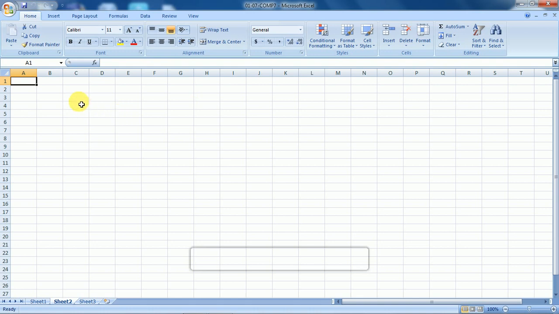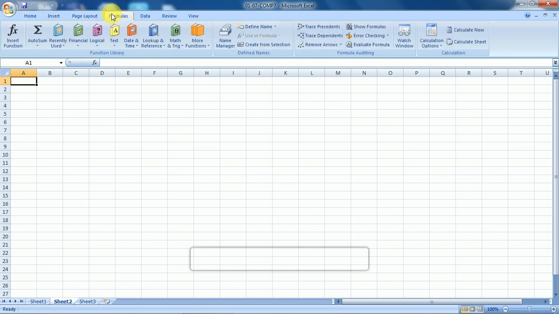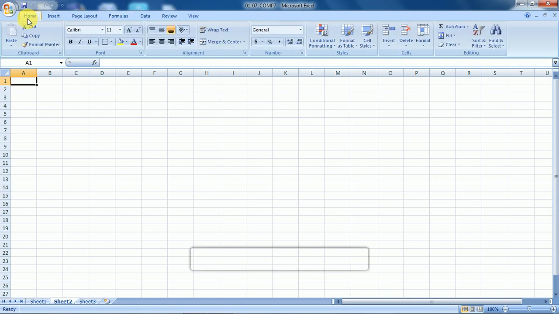So here, first of all, this is called a quick access toolbar, and this total area is called a ribbon. And in the ribbon, we can see many tabs: Home tab, Insert tab, Page Layout, Formulas, Data, Review. All these are called a tab. And when you select any tab, we can see different groups in each tab. Suppose if you have selected the Home tab, then we can see the clipboard group, font, alignment, number, style, cells, editing,